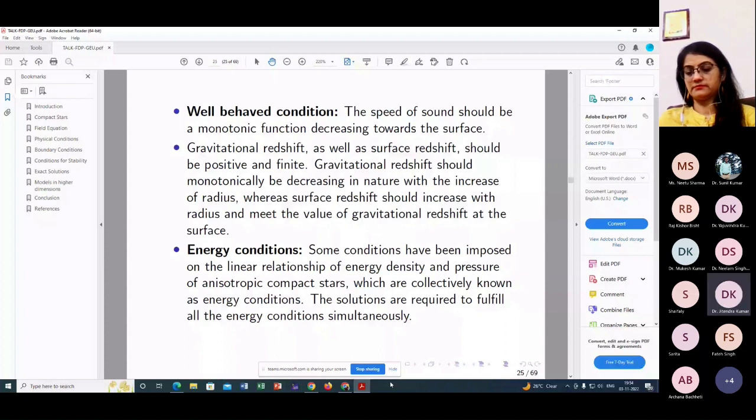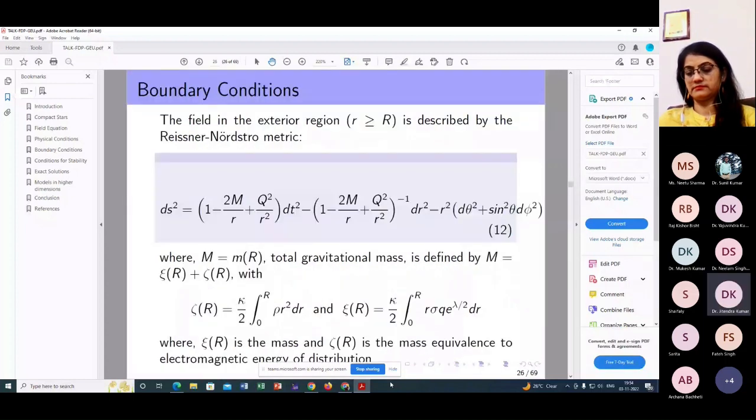Now these are some boundary conditions. We match the given interior metric with the exterior Reissner-Nordstrom metric at r equal to capital R. The exterior metric is given by ds squared equal to (1 minus 2m over R plus q squared over R squared) dt squared minus (1 minus 2m over R plus q squared over R squared) raised to power minus 1 dr squared minus R squared (d theta squared plus sin squared theta d phi squared). So when we compare this metric, that is equation number 12,